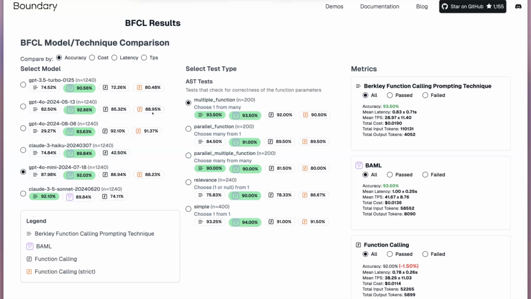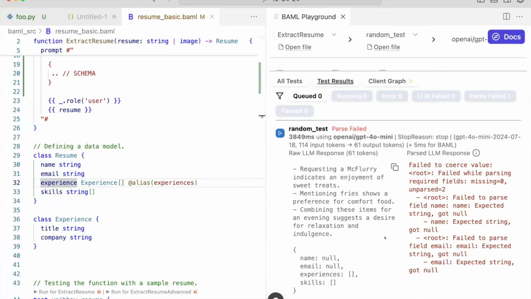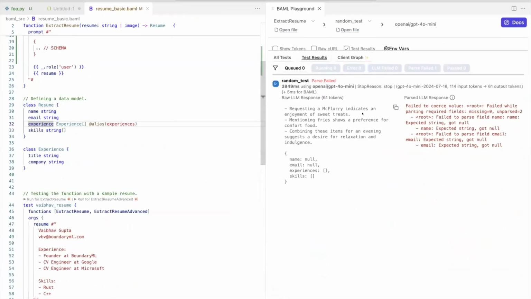GPT-4o hits 88.95 with structured data generation. We can beat GPT-4o with structured data with GPT-3.5. In fact, we can do this with most models, all the way down to tiny models, and end up outperforming, because from what we have seen, the models are really, really good at roughly answering the question. What they struggle with is giving you exact schemas and exact formats that are exactly what you want. And that's the problem that we solve with algorithms rather than by modifying the model.